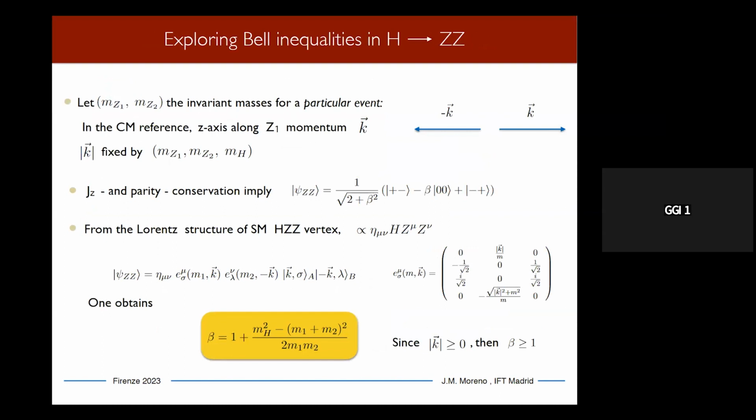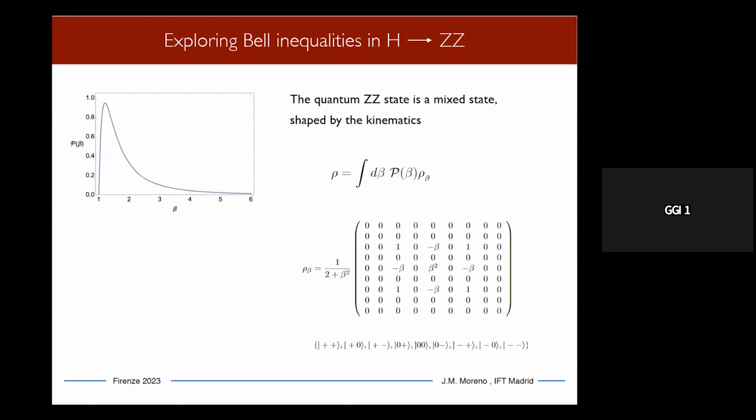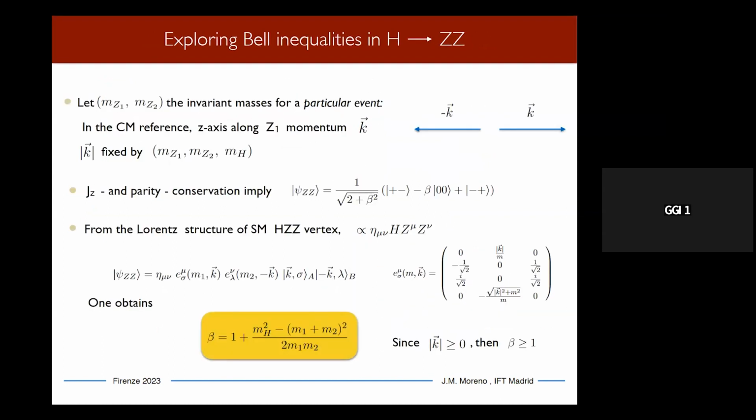So the main goal of this talk is just to explore inequalities in Higgs going to ZZ in the leptonic channel. That has one advantage: reconstructing the Z is very easy, and identifying leptons at the LHC is very easy. What is in principle a disadvantage is that the cross section is small compared to other cases. So let's